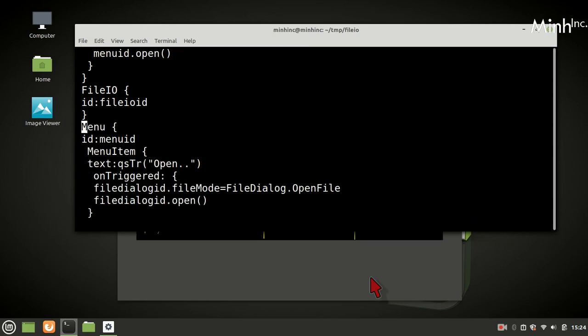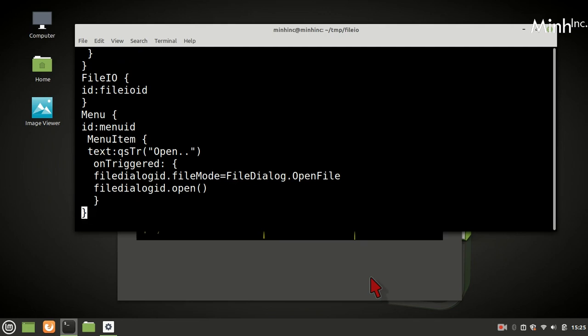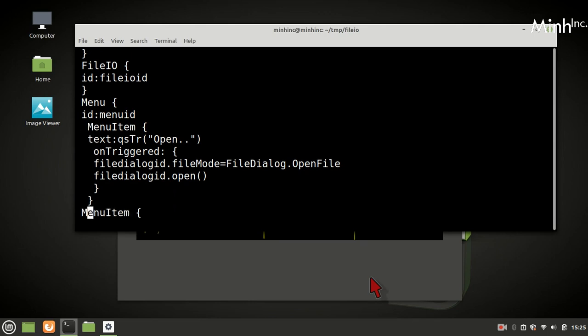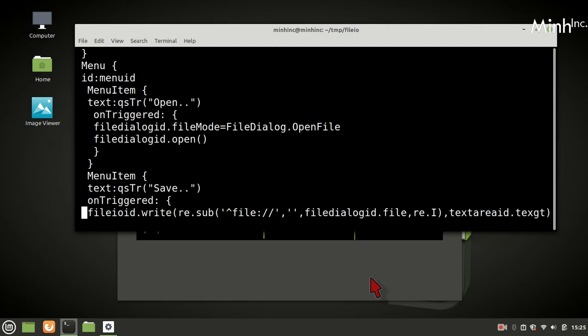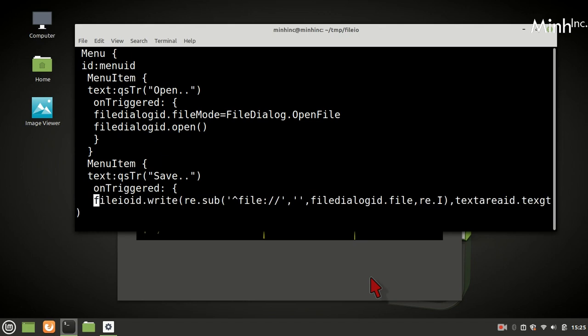And then we have menu with menu ID, menu item is open. If it is triggered, then file dialog, file mode is open file and file dialog is opened. There is another menu item and it is save. If it is triggered, then file IO, then we have to write the file.